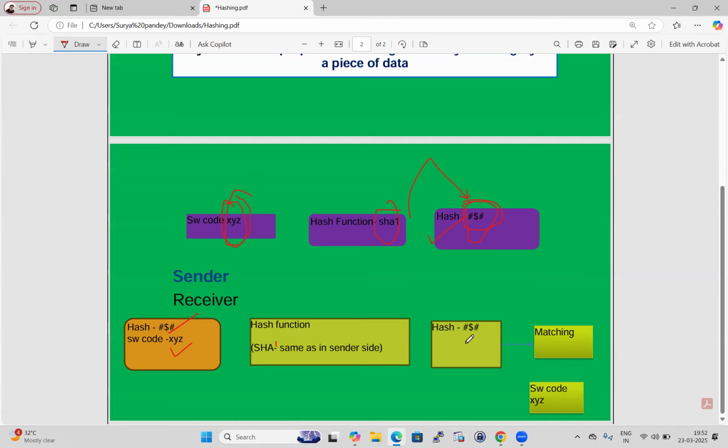So the hash value is the same as on the sender side. The hash is matching, which means there is no change or modification in the middle of the data, so the data is correct. Now the receiver will understand, okay, this is the actual data that I received, and there is no modification or change in the middle. For this purpose, we use hashing. I hope you understand